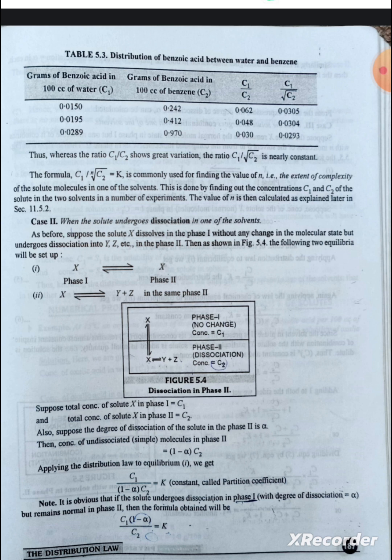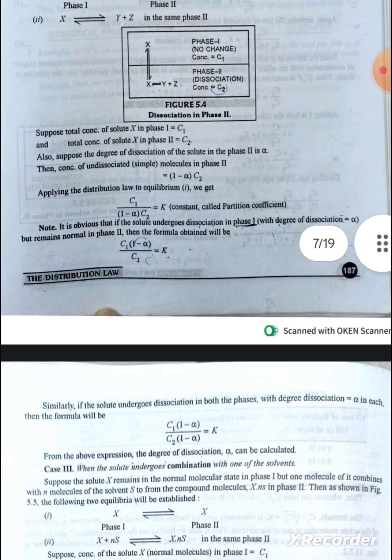Applying the distribution law to equilibrium, we get C1 by (1 minus alpha) into C2 is equal to K. Note, it is obvious that if the solute undergoes dissociation in phase 1 with degree of dissociation equal to alpha but remains normal in phase 2, then the formula obtained will be C1 into (1 minus alpha) by C2 is equal to K. Similarly, if the solute undergoes dissociation in both the phases with degree of dissociation equal to alpha in each case, then the formula will be